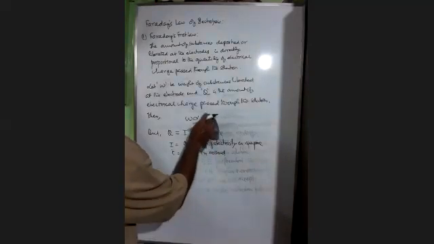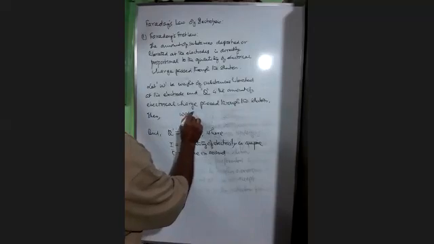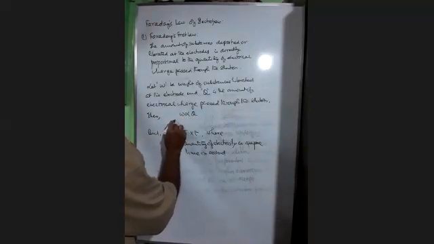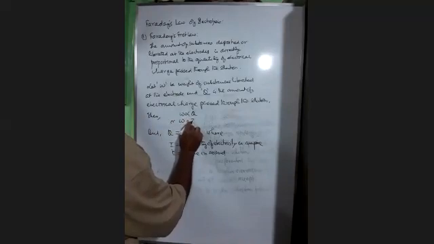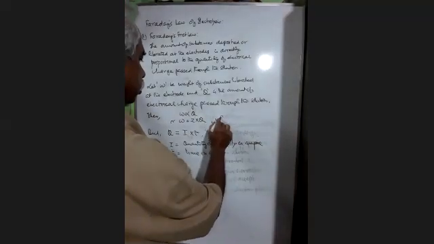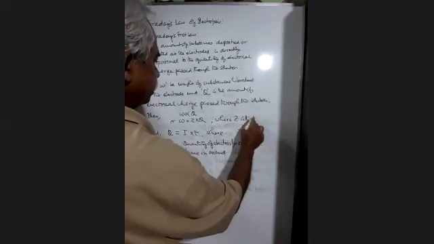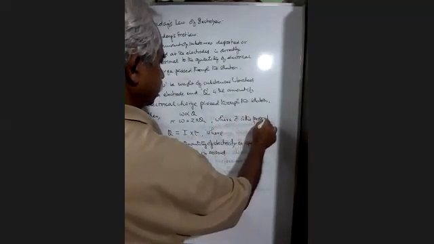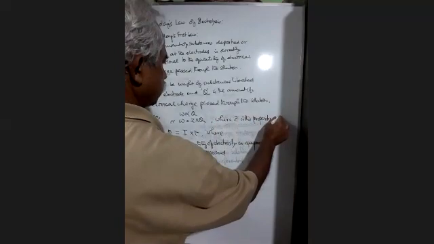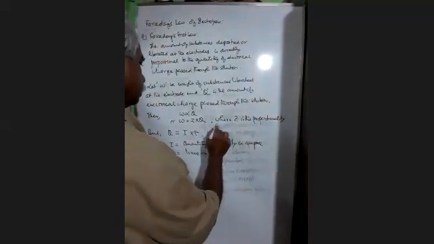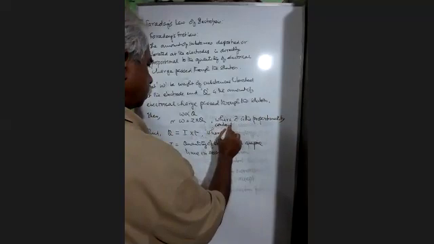Oh, I made a mistake. W is proportional to Q, or W is equal to Z into Q, where Z is the proportionality constant known as